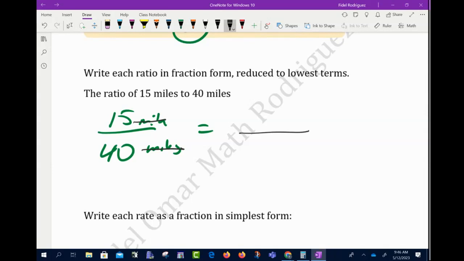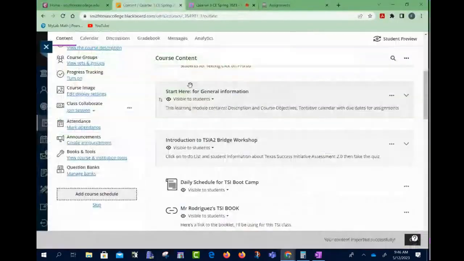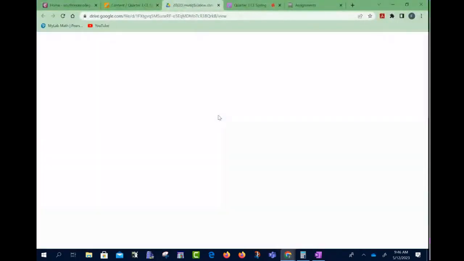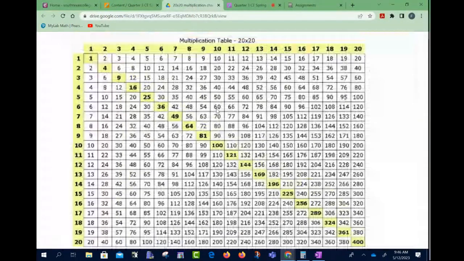So I can go ahead and get rid of them. Okay, 15 over 40. Is there a number common to both 15 and 40? 5, right? Okay, look, y'all, I'm going to do this real quick. Let me scroll back up here at the very top. I'm going to pull out my multiplication table because what I want to do here, y'all,